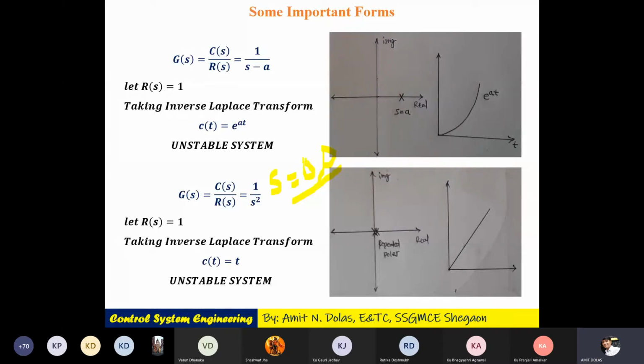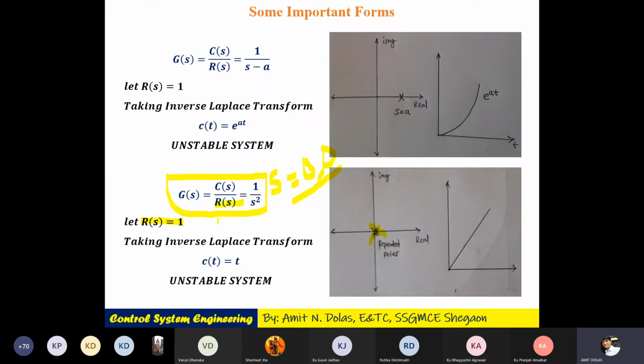Its location is 0. I have made two crosses here. You can see, they have to be drawn slightly side by side to be visible, but they are overridden. So two crosses at the origin means there are two poles at the origin because of this transfer function. Again, I wanted to see the response of this in the time domain, so for that I will take the impulse response. So R of s I will take as 1.